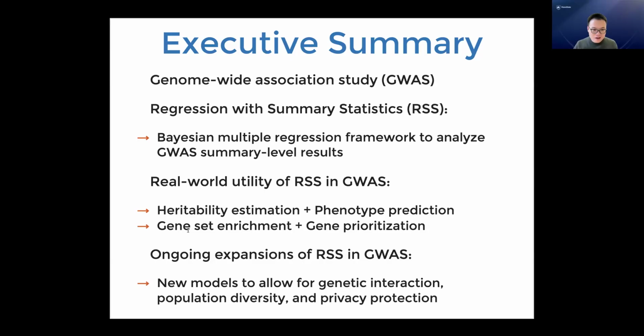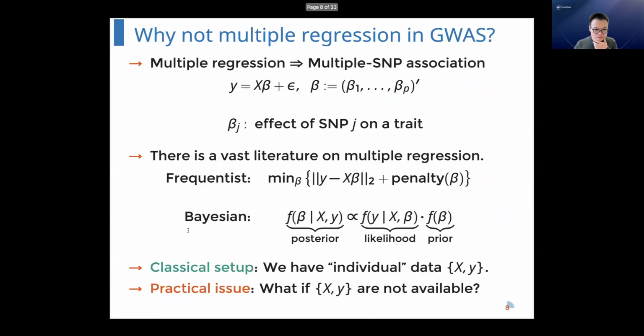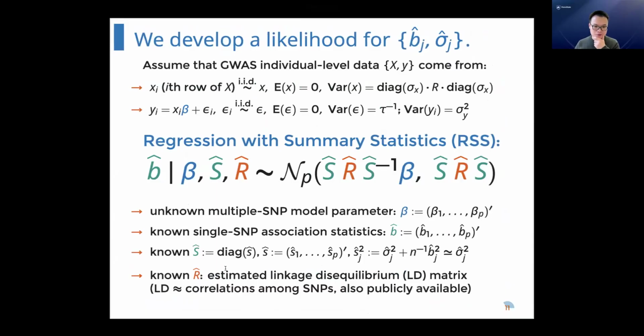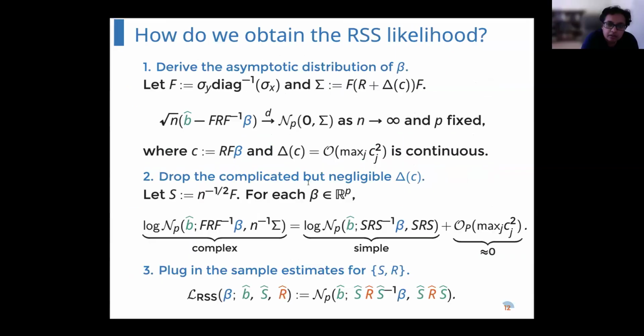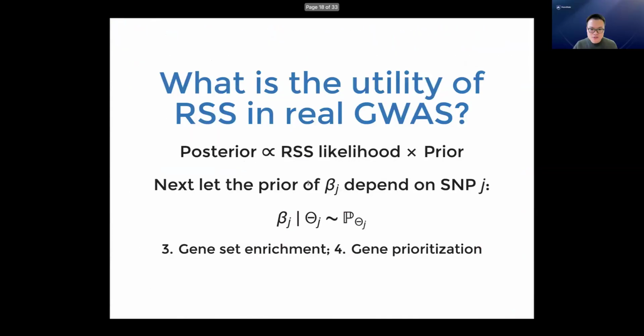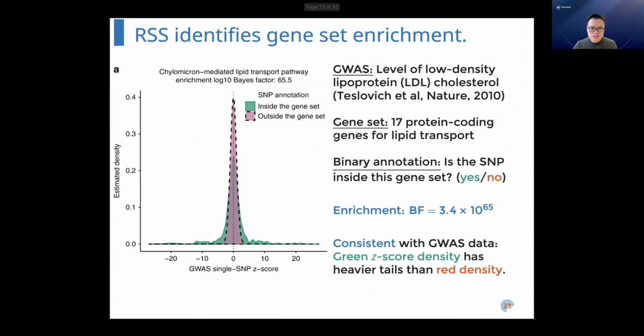Sure, I think so. Just to answer that question, the overall cost is mainly controlled by this P. Okay. Yeah. I've been working with different P, but the usual scale of P I've been working with is about 1 million. For this LDL example, it also depends on how many gene sets you are looking at. If you are just analyzing 1 or 2 gene sets, you can get a result ready in less than